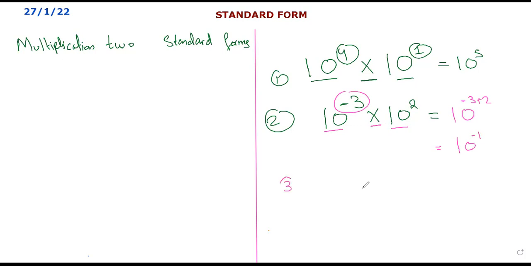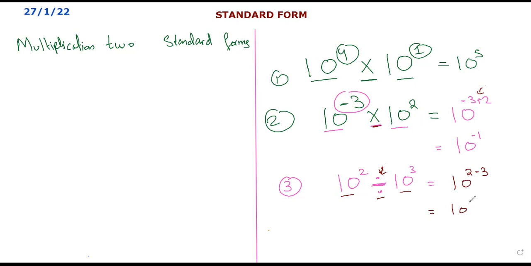Right. And what if I had 10 square divided by 10 cube? In this case, what do I get? Why? This is division. Minus 1. Okay, very good. Okay, so look, Amir, in multiplication, we add the powers. In division, everything is the same. Bases are the same. We write down the base. Since it is division, we subtract the powers. So this would become 2 minus 3. That is 10 to the